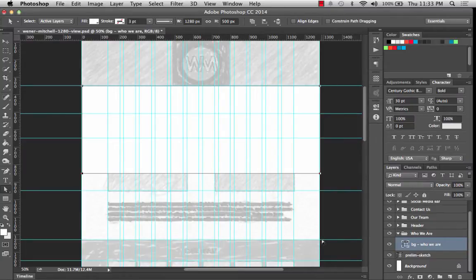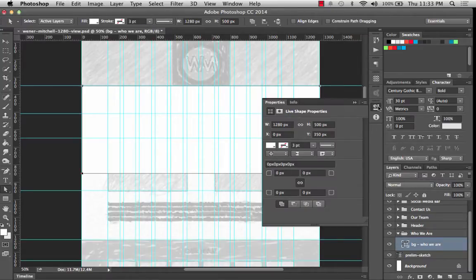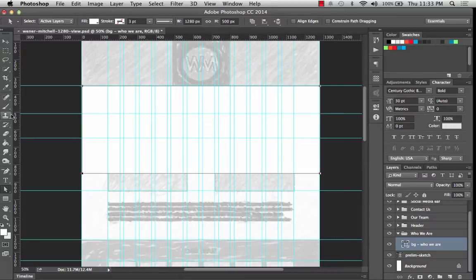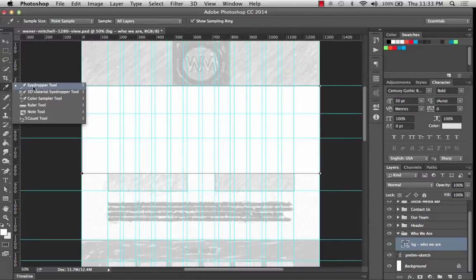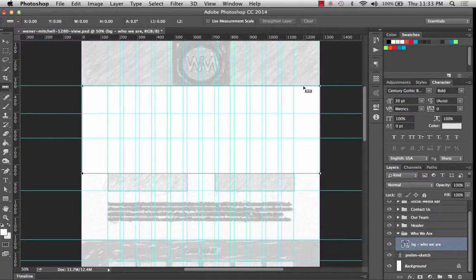So let's say that for some reason you didn't have guides drawn, but you knew that you needed it to be a very specific height, and you don't have the capability of snapping to something. The other thing you can do is go over here to properties, and you can see the dimension here. Well, if you don't know how high this section is, you can also use this handy little tool. It's under the eyedropper. If you click and hold, you can go to the ruler tool, which is really nice. And you can draw,